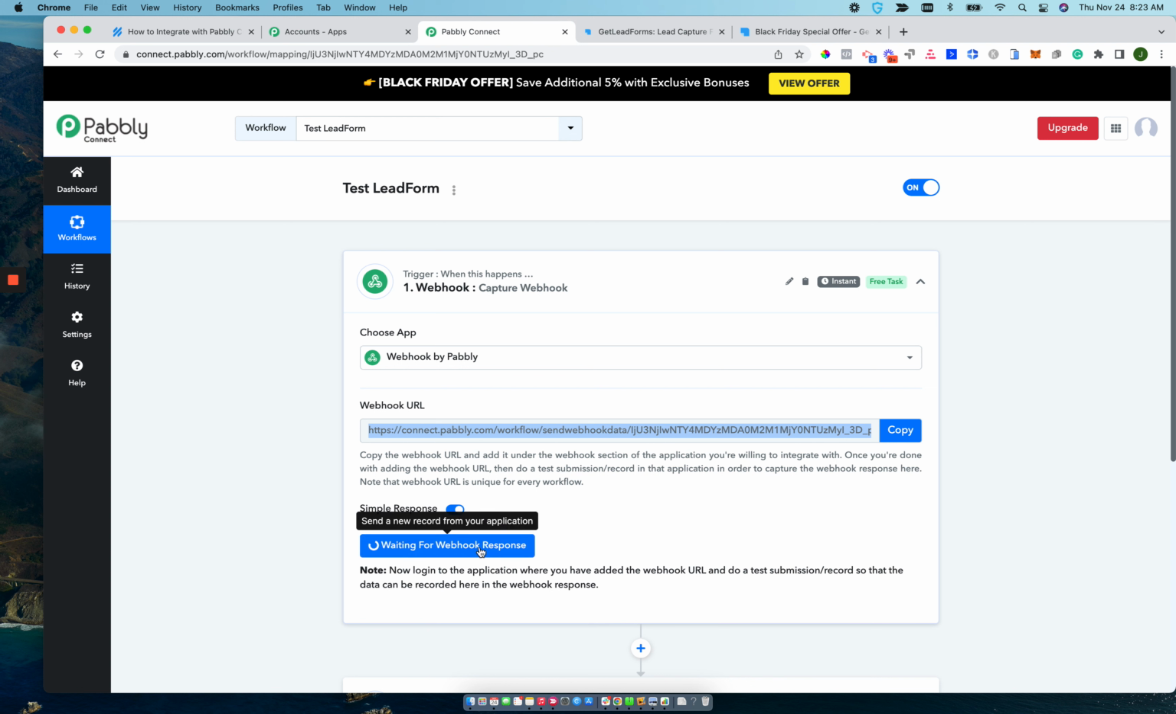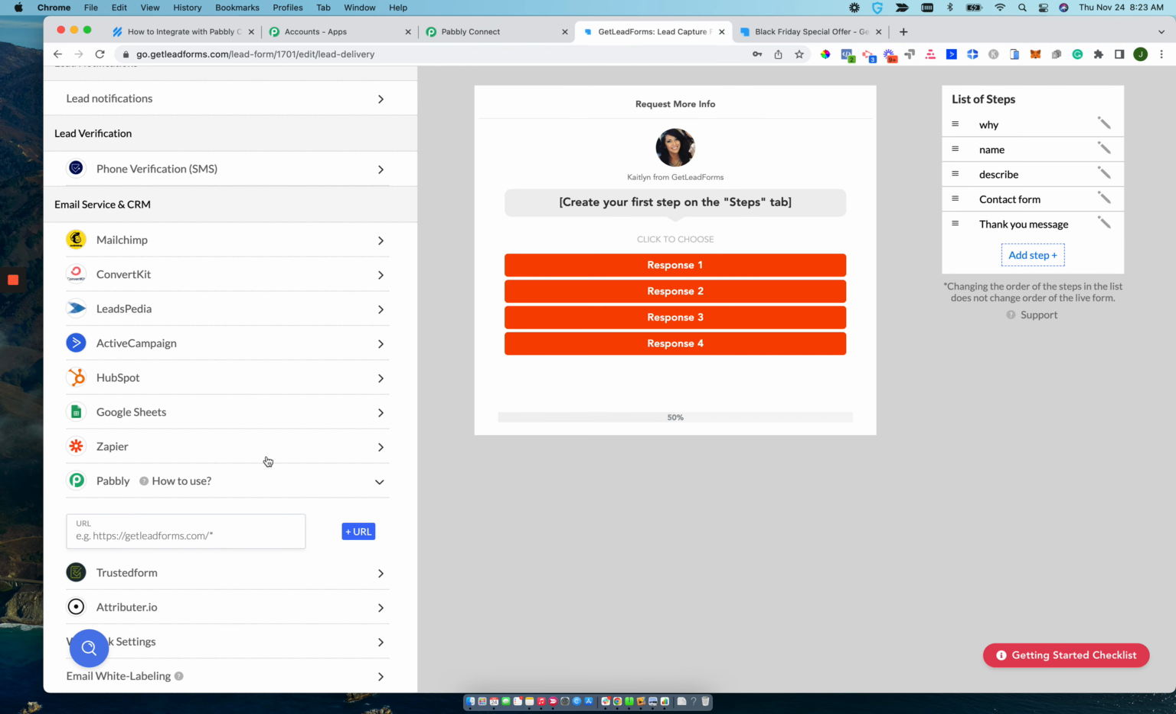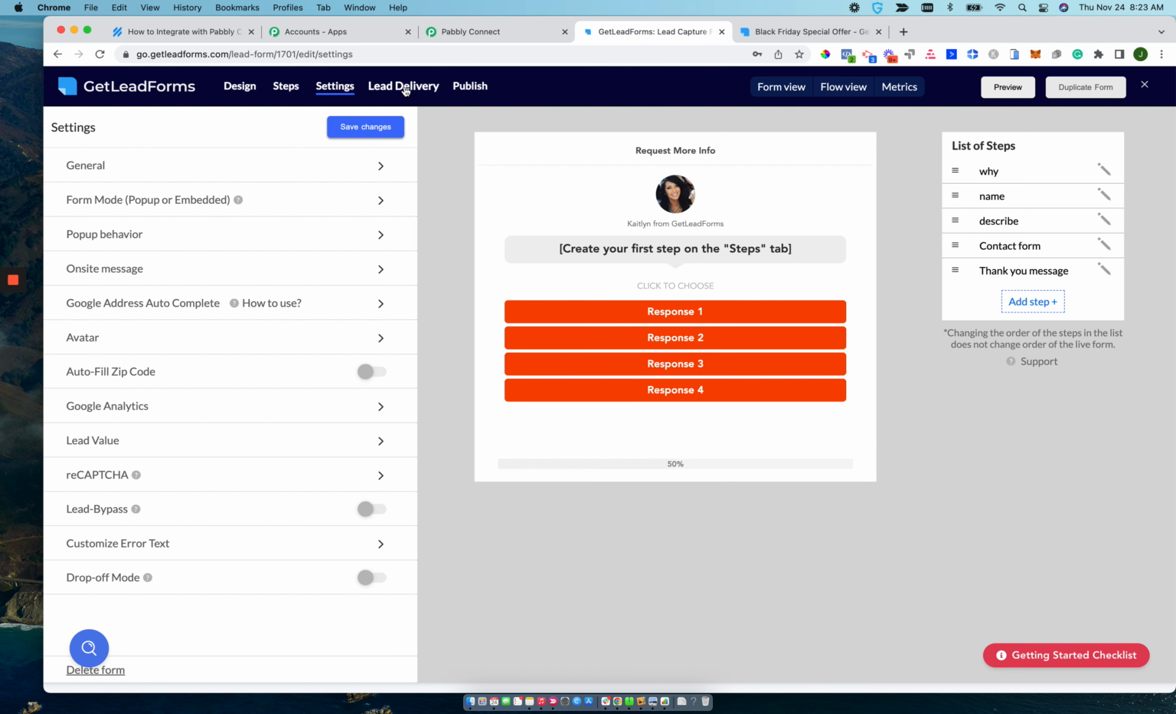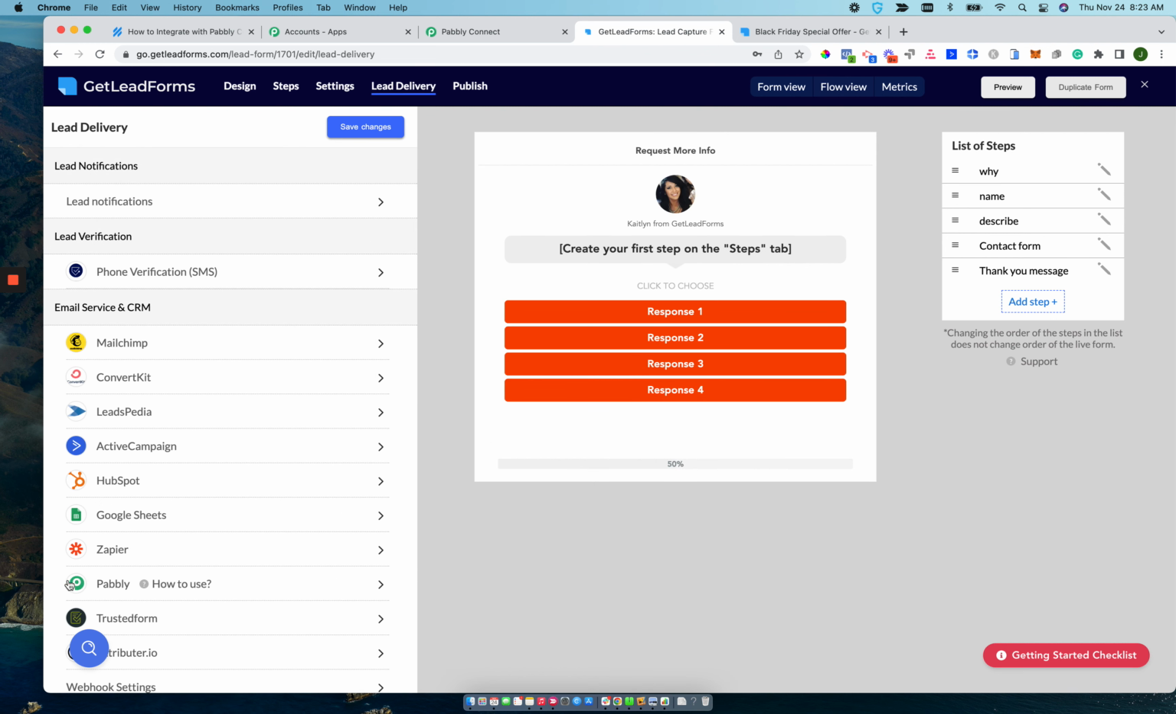waiting for webhook response. So what you're going to need to do is push a lead through from a live page into Pabbly, so that way they can get some of the lead details. But first, let's go back into GetLeadForms. We'll take this webhook URL here, and then go to your LeadForm, go to lead delivery, scroll down to where